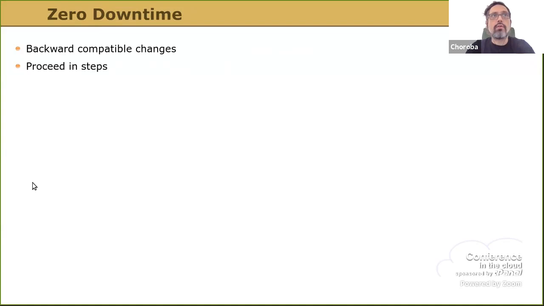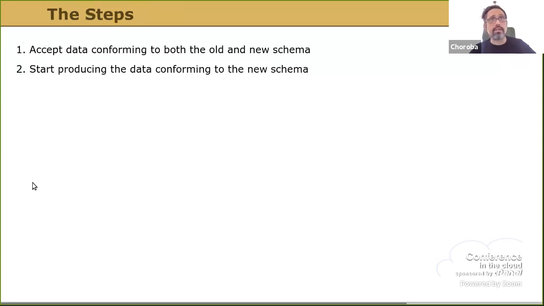One of them is that all changes must be backward compatible. You can also make all changes forward compatible, but it's a bit harder to achieve. And you proceed in steps, where by steps I mean releases of new code. So what are the steps? The first step is